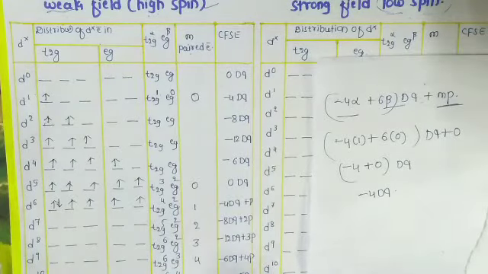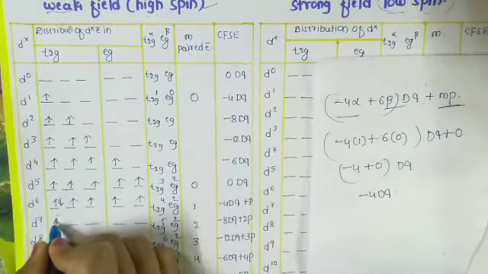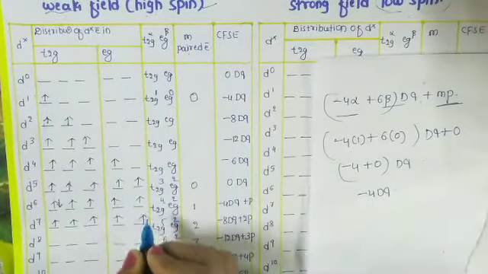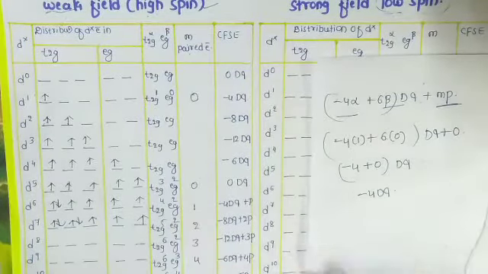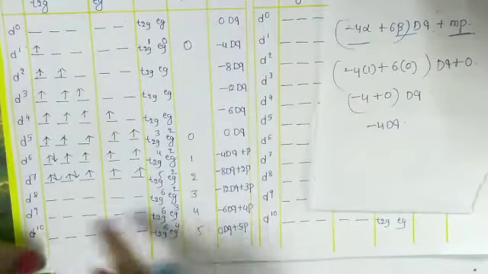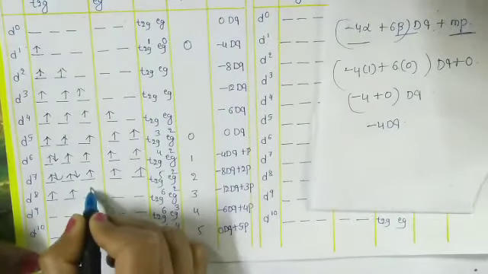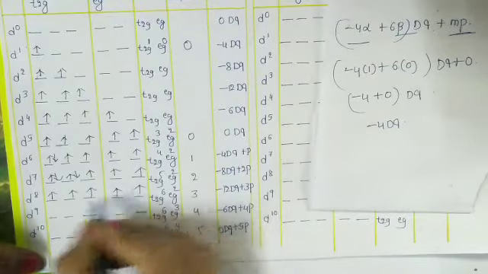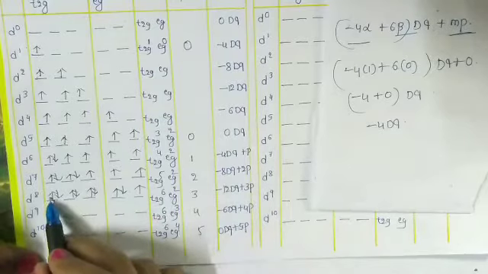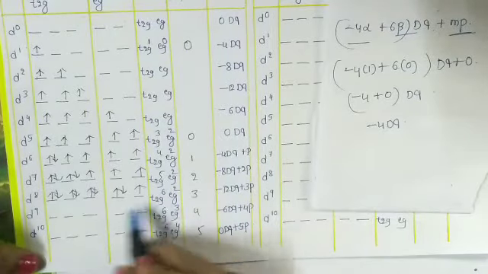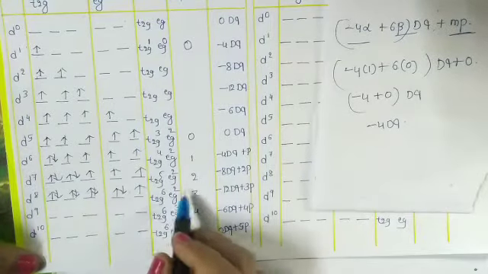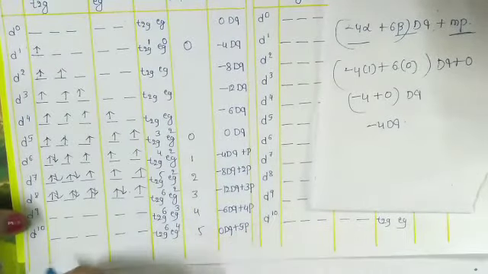According to that is Hund's rule. Okay, so next one, d7, 1 2 3 and here 4 5 and it is 6 7. Similarly you can write the number of alpha as well as beta electrons. This is the d8 electronic configuration, in which the alpha electrons are 1 2 3 4 5 6, and the beta electrons are 1 2 3. Okay, 6 as well as 3.